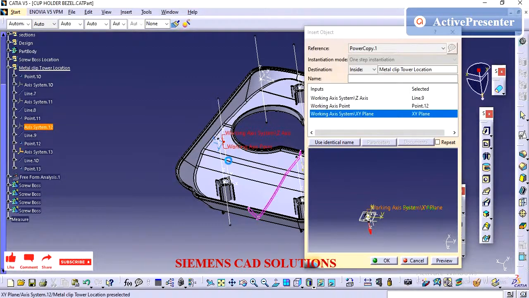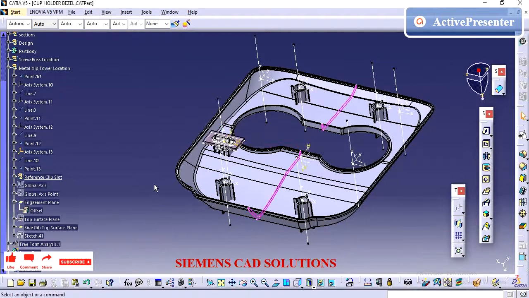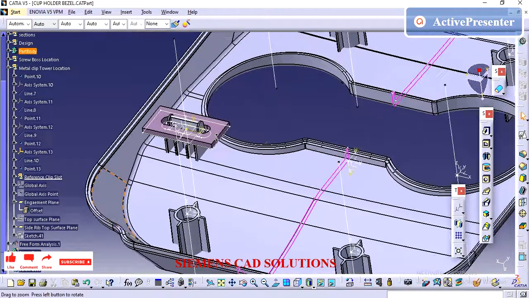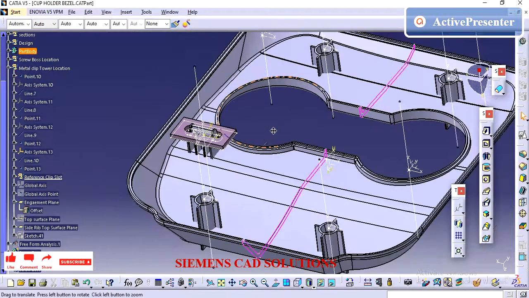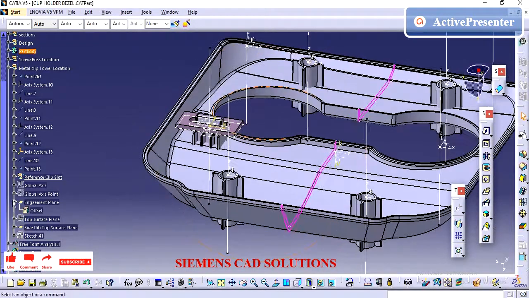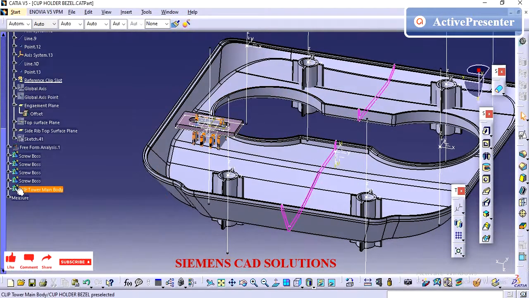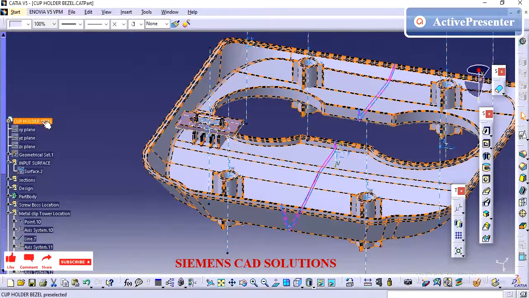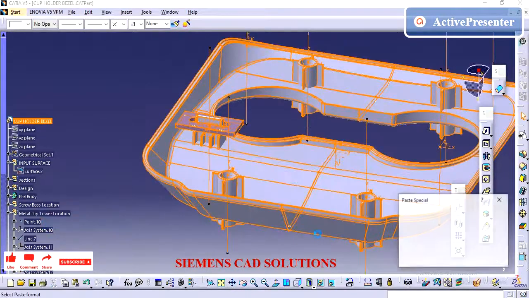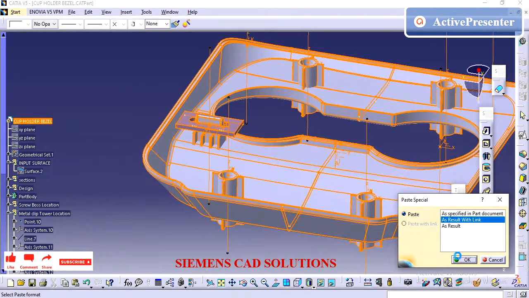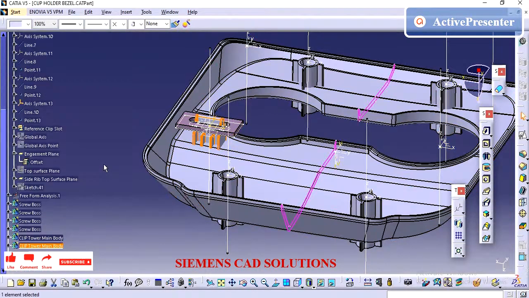You can check that video. I have already created the axis system on all four areas. I am going to follow the same approach as I did for the screw bosses.